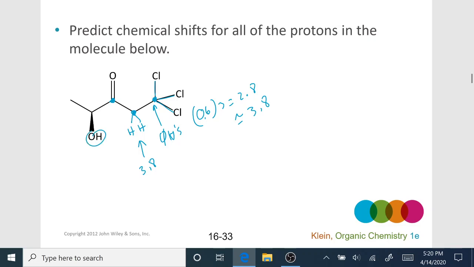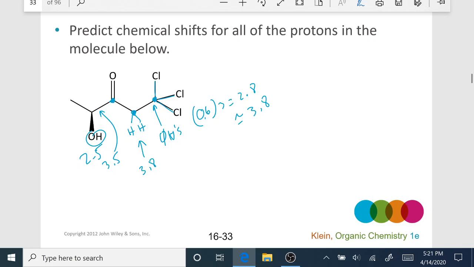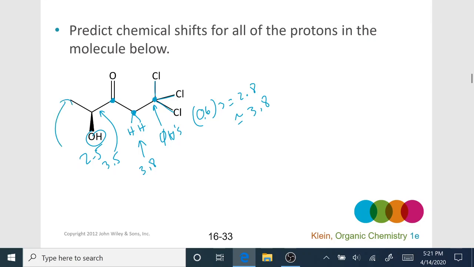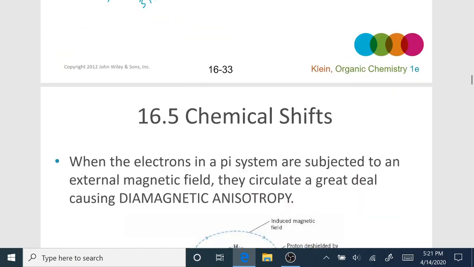This OH hydrogen on an OH can come anywhere from 2 to about 5 ppm. They do vary quite a bit. A hydrogen next to a carbonyl is about 3.5 or 3.7, something like that. And it's also got this OH next door, so it might even be further down. And this methyl group here, about 1.5 to 2, because it's next to this carbon bearing an oxygen. So this is kind of approximate, but just kind of get an idea of the region we would see these